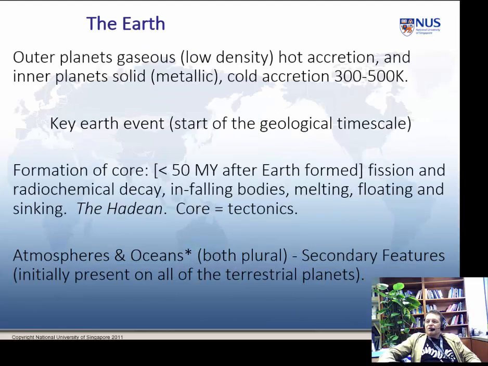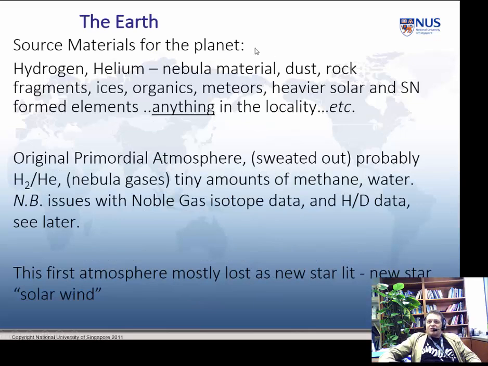So that was a little some thoughts about the core and that process. Now we'll think about the atmosphere and oceans, as I said, both plural. Okay, so the source materials for the planet we've already thought about. Effectively anything in the locality of the accreting centres, and in this case the accreting centre which will become the Earth. As this accreting mass is heated,